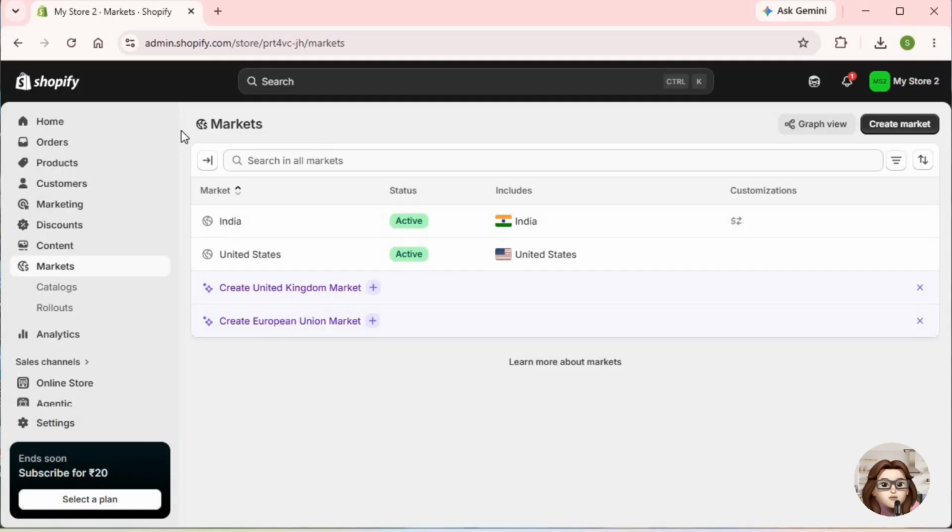And that's it. You've successfully added multiple currency support to your Shopify store, creating a smoother shopping experience for